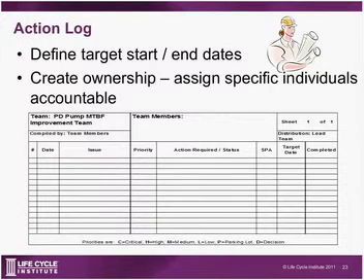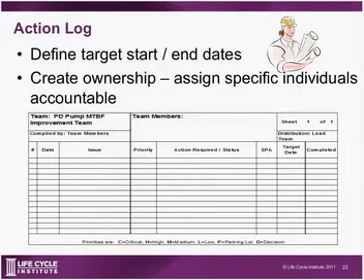A great way to do that is through an action log. You can use Microsoft Project to define your plans. There's many tools out there. This is an example of a very simple action log. You see there the different columns: date, issue, priority, what is the action required, SPA is the person accountable, and a target date and whether or not it's completed. And whoever's a project manager of this loss elimination program can maintain these action logs to make sure we reach our completion dates.